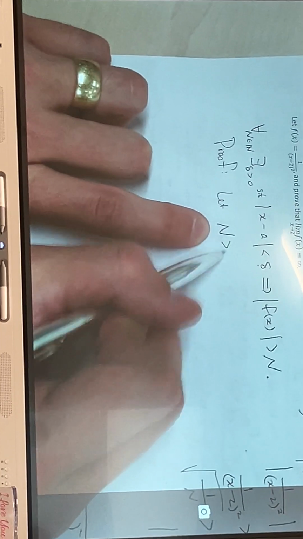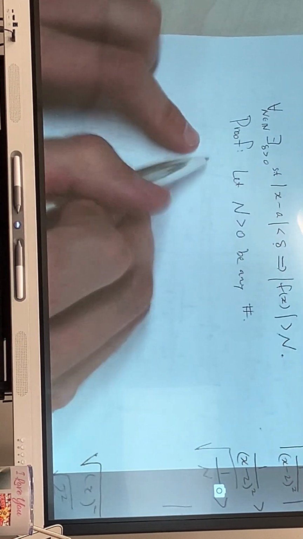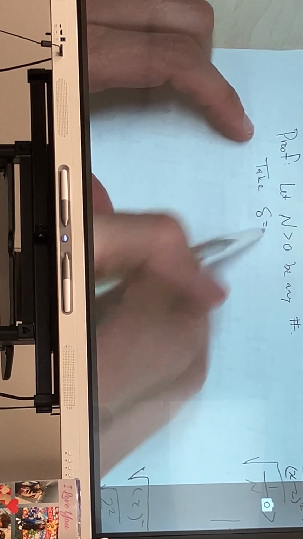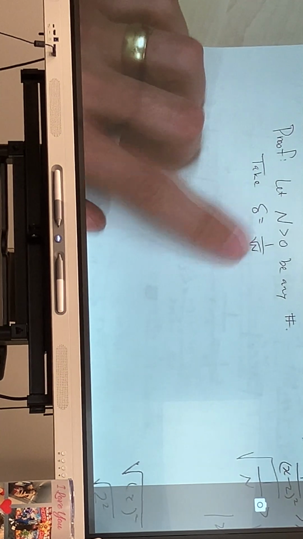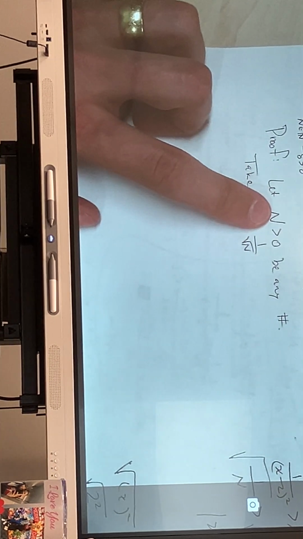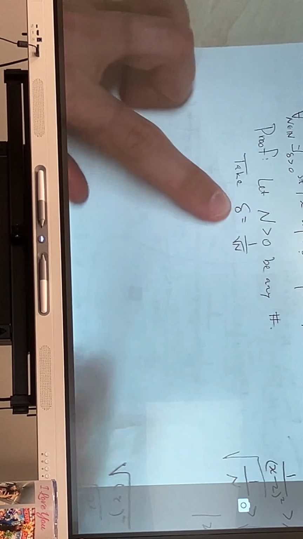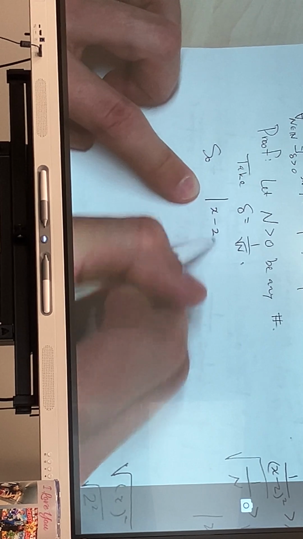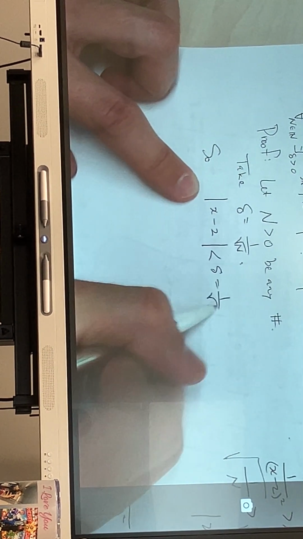Let n be any number. Take our delta value to be 1 over square root of that n. Since this one's arbitrary, it's already been given right now. It's just some number. So we can plug it into this formula, we get this delta. And so now if this one, x minus 2, is less than delta, which is 1 over square root of n,